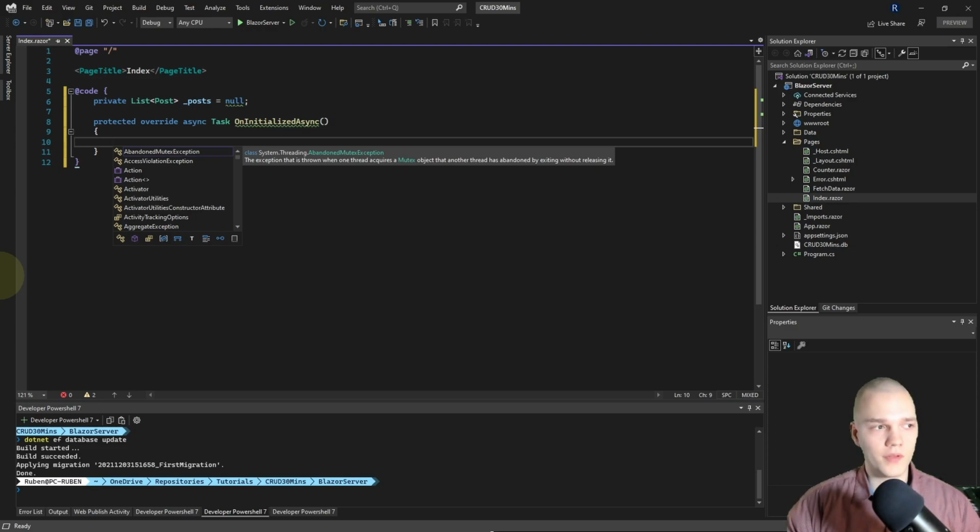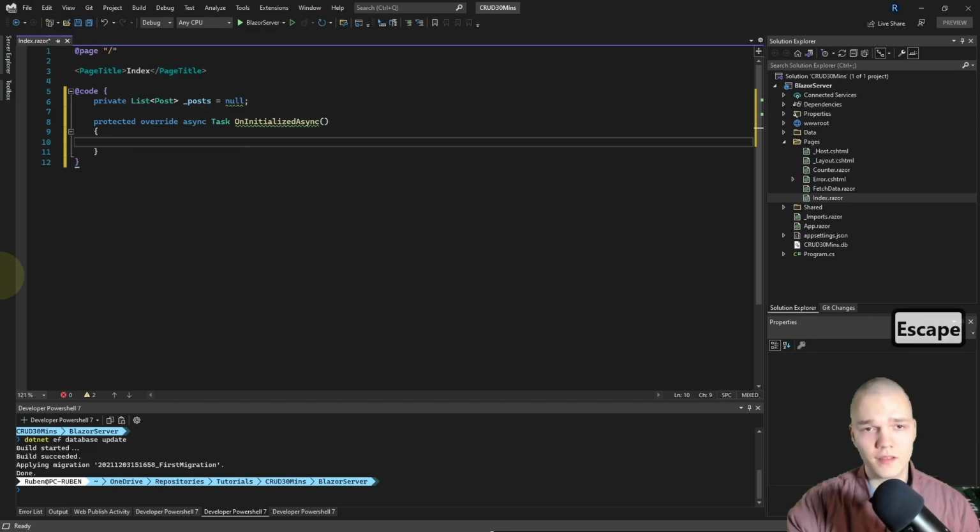Then I want to get a new instance of our DB context. According to the Microsoft docs, this is the correct way to do it in Blazor Server. One of the ways. This is the simplest way, I believe.